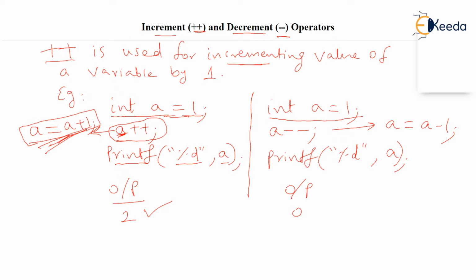Okay, after seeing what plus plus and minus minus are doing, let's see some more very interesting things about plus plus and minus minus. For understanding this, I will write two codes side by side here. Let's say I have a code where I have two variables, a and b. I have int a equal to 1 and b. So a has value 1. We have assigned value 1 to an integer variable a, but b is not yet assigned any meaningful value.